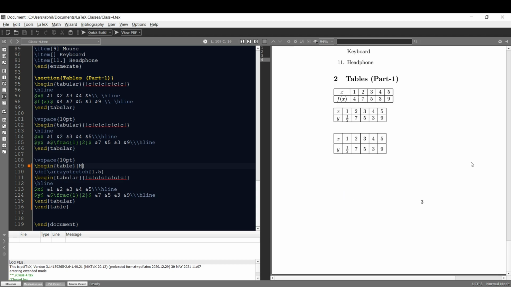Next, I can add captions to either the top or the bottom of my table by using the \caption command either before \begin{tabular} or after \end{tabular} respectively. So here I am going to give an example of writing the caption at the bottom of my table. So I need to use the \caption command after end tabular. Now let me write the code.